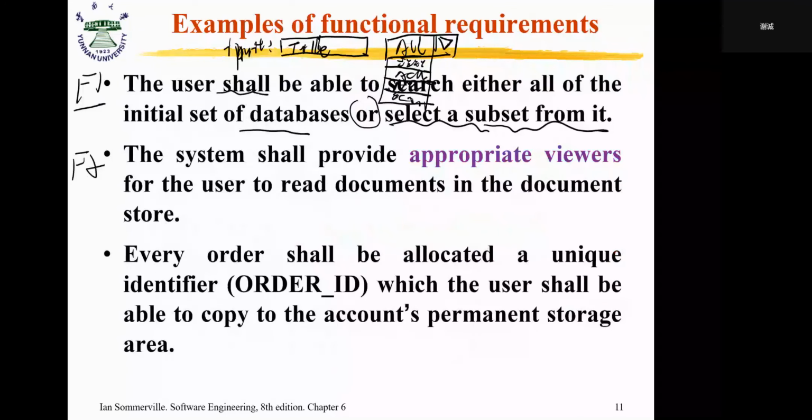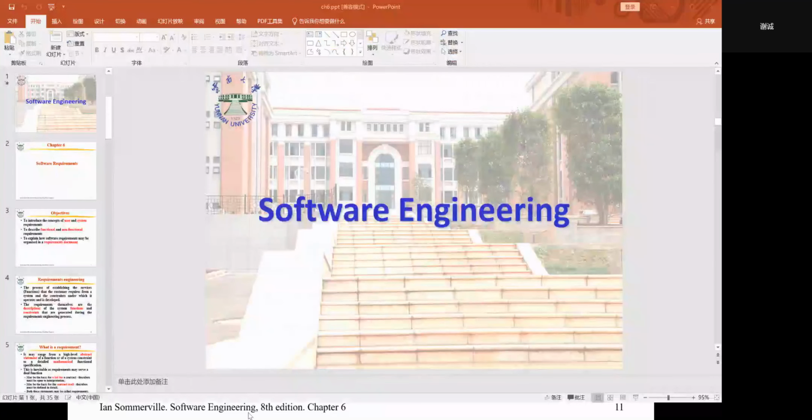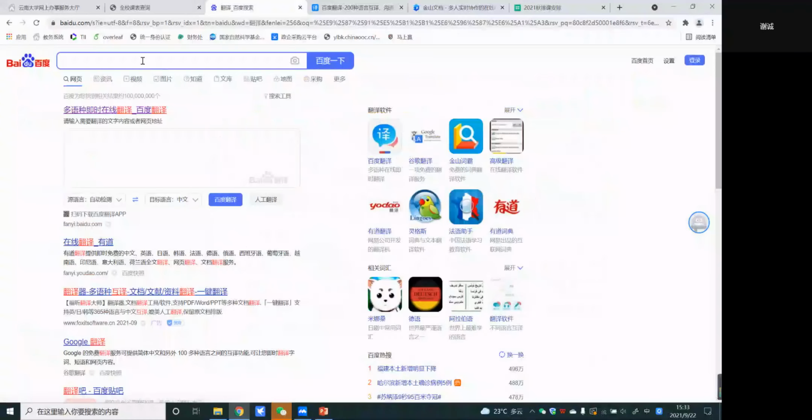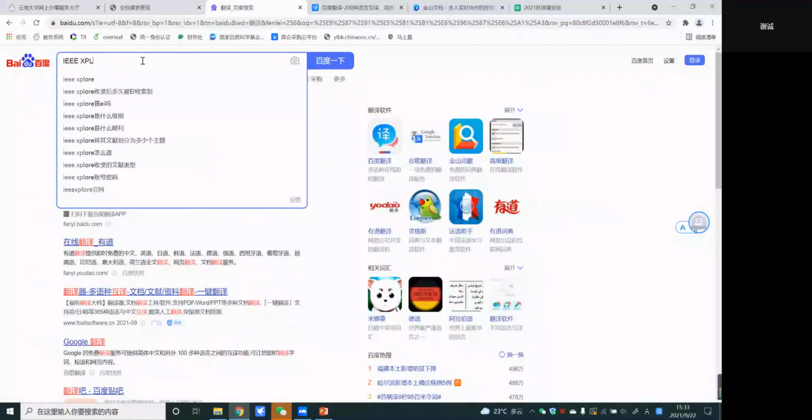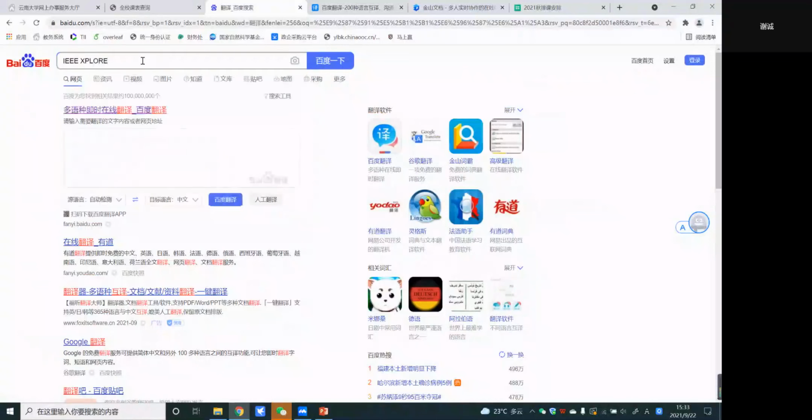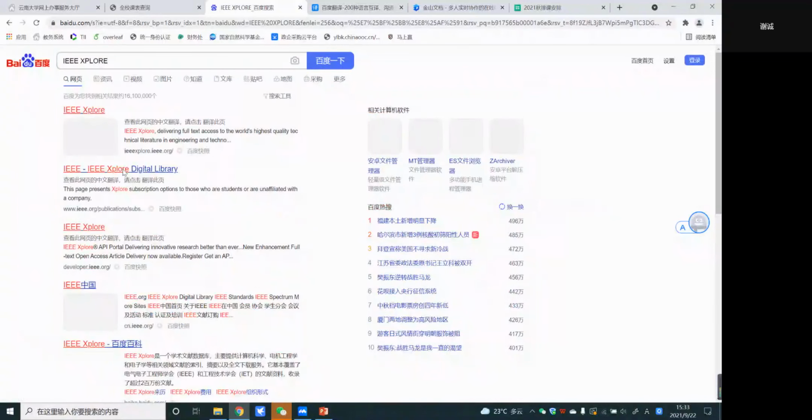I can give you some examples here, and this is a viewer. Internet Explorer. When I open it,